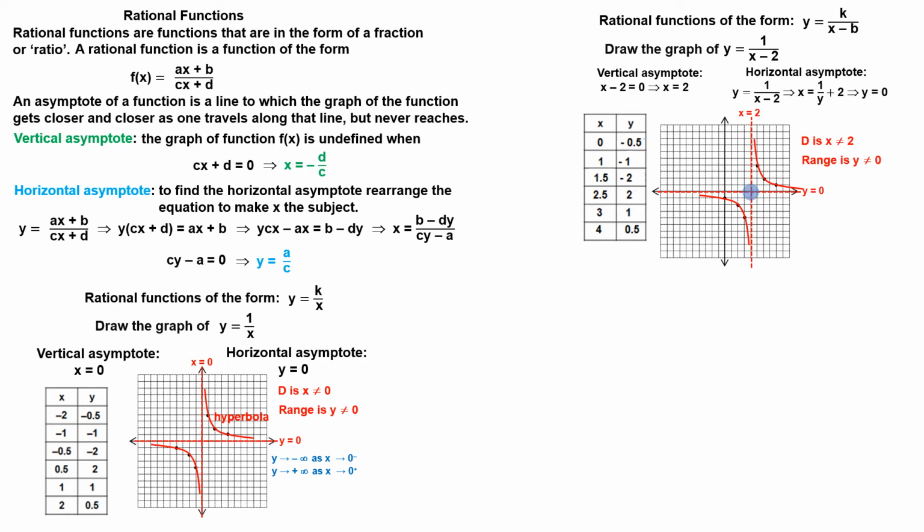Let's look at what is happening on the graph around x equals 2. As x approaches 2 from the left, the values of a function decrease without bound. We describe the situation in symbols by writing: as x approaches 2 from the right, the values of a function increase without bound. We describe the situation in symbols by writing: